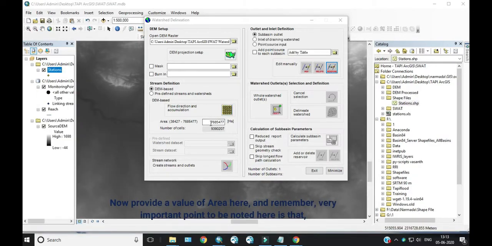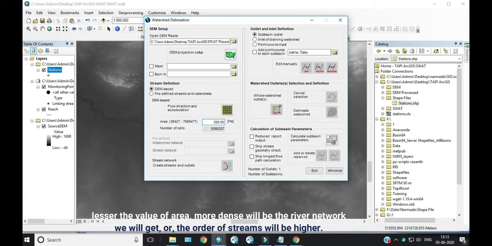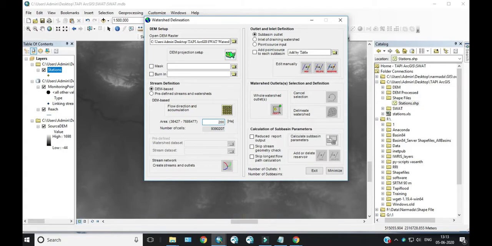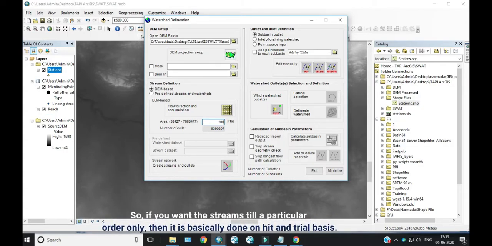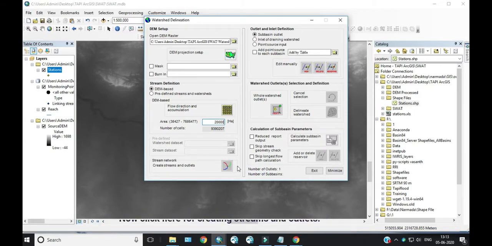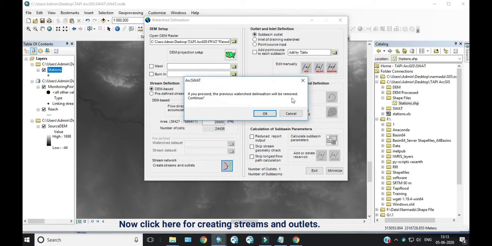Now provide a value of area here, and a very important point to be noted is that the lesser the value of area, the more dense will be the river network we will get, or the order of streams will be higher. So if you want the streams till a particular order only, then it is basically done on hit and trial basis. Now click here for creating streams and outlets.